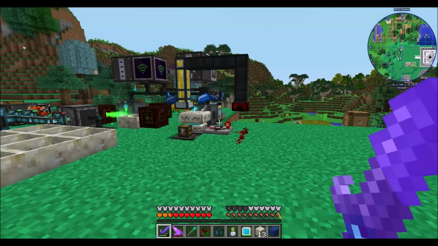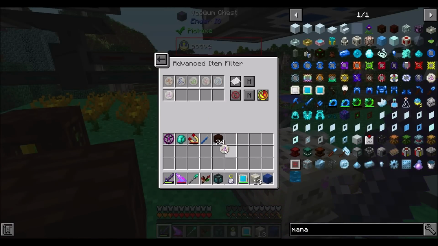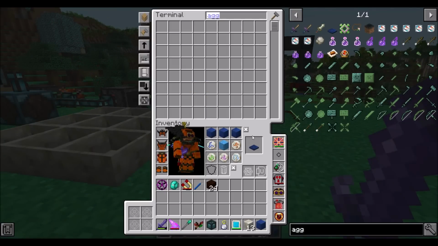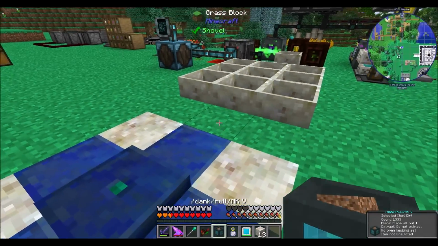The plan for today is to continue automating all the Titania things. Which includes adding a Rune of Mana to the whitelist here, and then we should be cool. Nice. And there's your Terrasteel agglomeration plate. Beautiful. So what I'm thinking is, maybe we